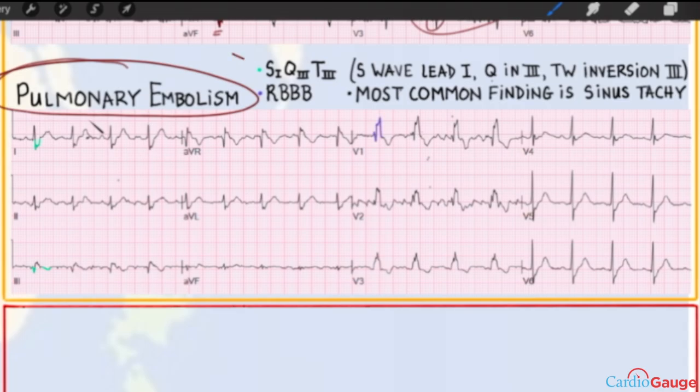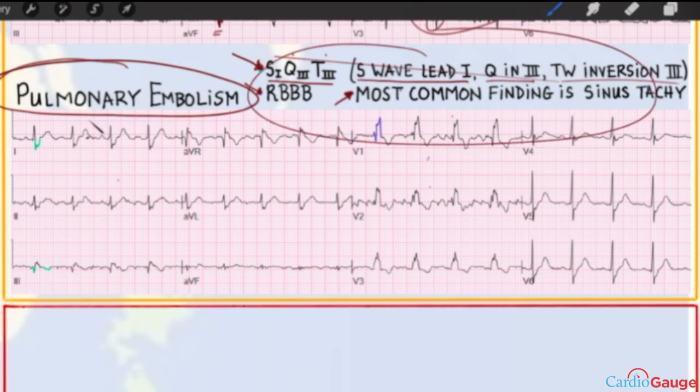If your ECG shows the S1Q3T3 pattern, which means an S wave in lead 1, a Q in lead 3, and T wave inversion in lead 3, that implies right ventricular strain and pulmonary embolism. Also, it goes along with right bundle branch block. And in patients with pulmonary embolism, the single most common ECG finding is sinus tachycardia. So if you're seeing this combination of findings, it's great if you can think about